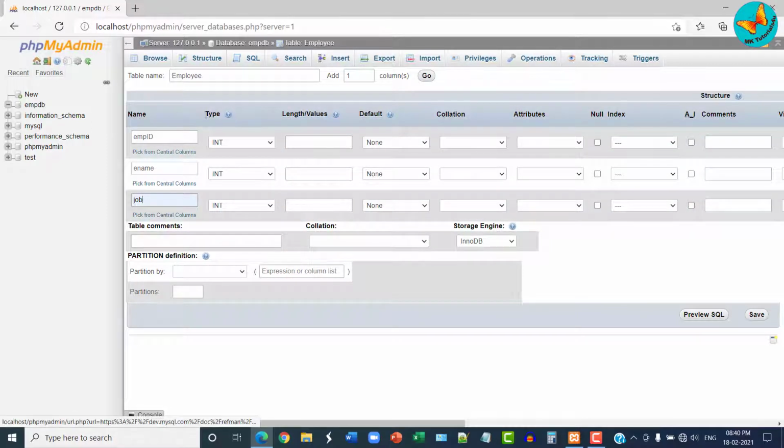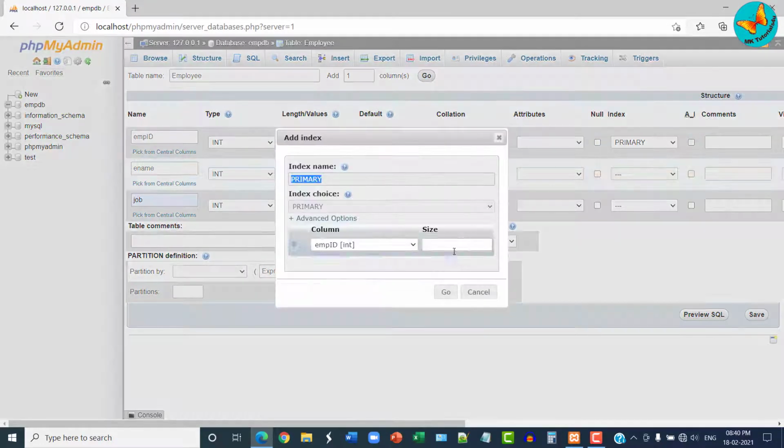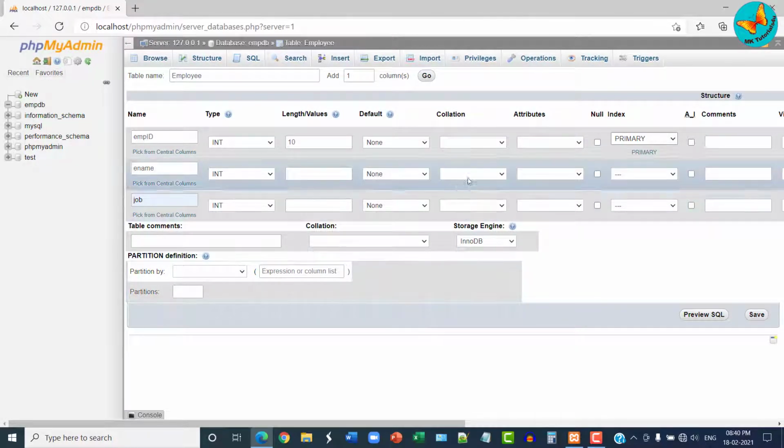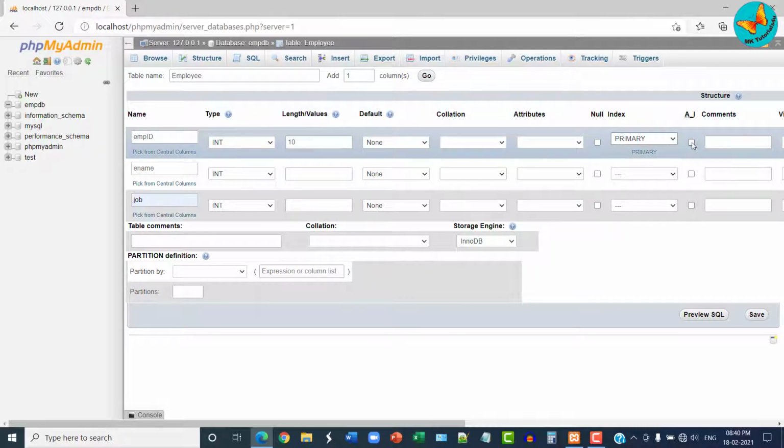Here the type I want to be integer and suppose length is 10, and I want this employee ID to be the primary key for this table. So I'll set it primary and I want it to be auto increment, so I will click this checkbox.